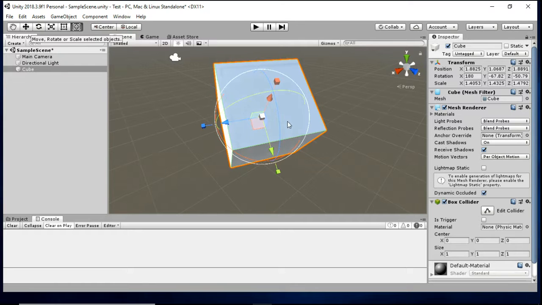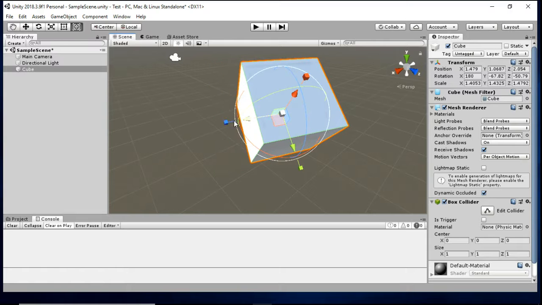This is the newly added one and one of my favorites, which helps you to move, rotate or scale the selected object.